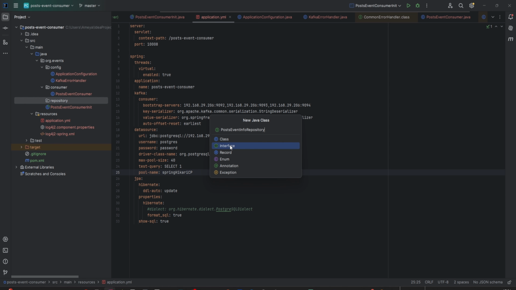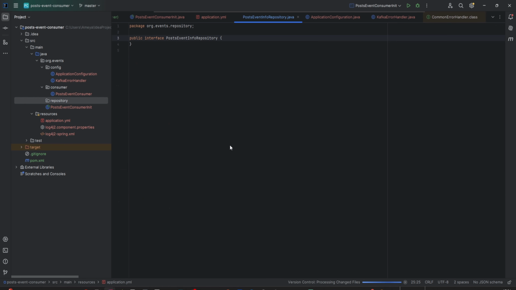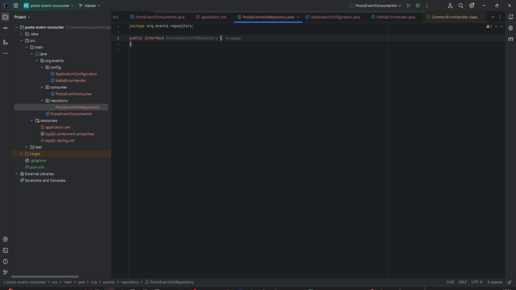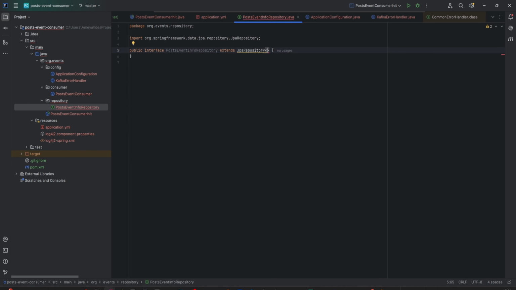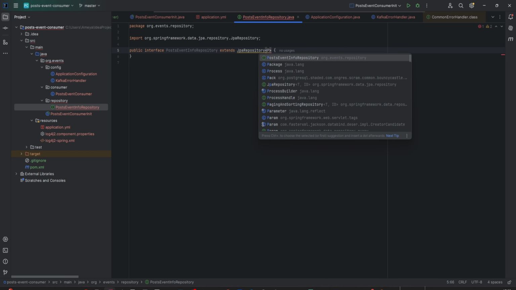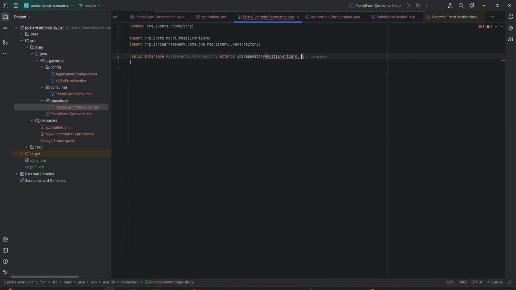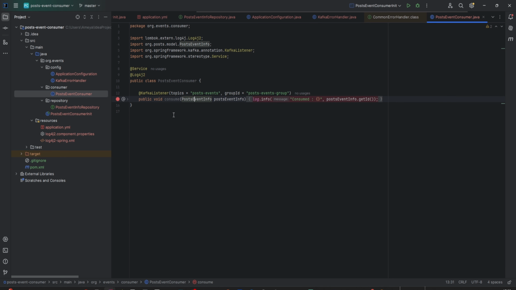It would be an interface, and this will extend the JPA repository of type, it'll be a post event info, and the unique ID is the UUID. Okay, now if I go to my post consumer, this will autowire the repository,